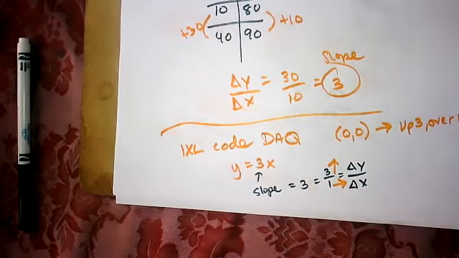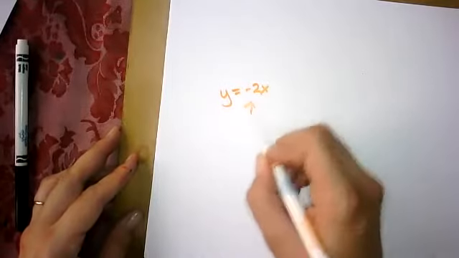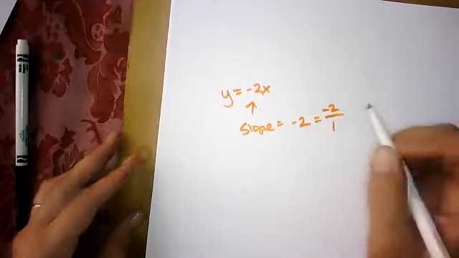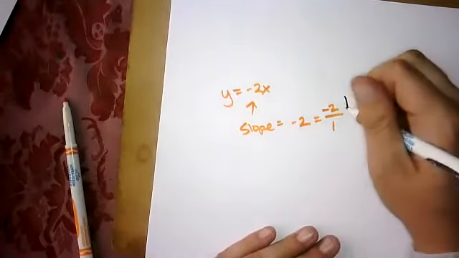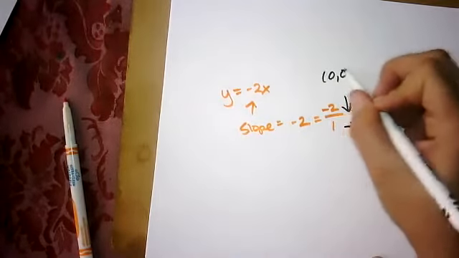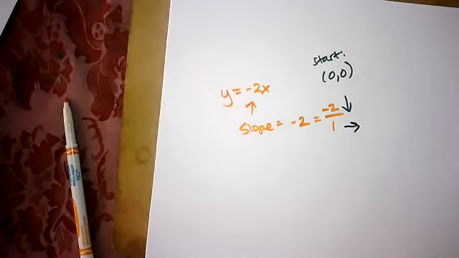So this one, y equals -2x. This slope equals -2, which is -2 over 1. Since it's negative, you're saying go down 2 over 1. But again, I'm starting at 0, 0. So starting at 0, 0, go down 2 over 1. So hopefully all that